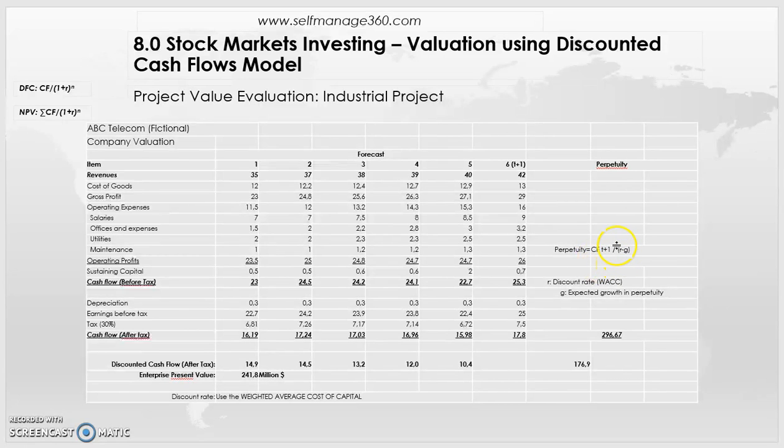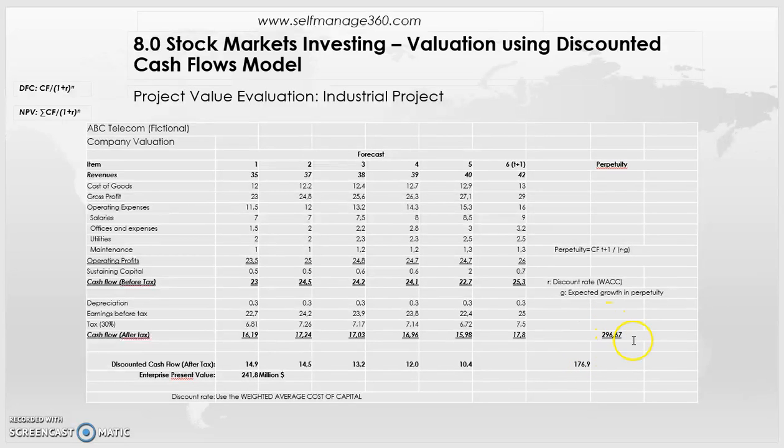divide it by the discount rate you've used. In our case, it's 9%, minus the growth rate that you expect that the company will grow for perpetuity. That's, again, a forecast. You try your best. In that case, I've used 3%, so 9% minus 3%, I end up with 6%. So I've calculated the value of the perpetuity to $296 million, and then I had to bring this back to